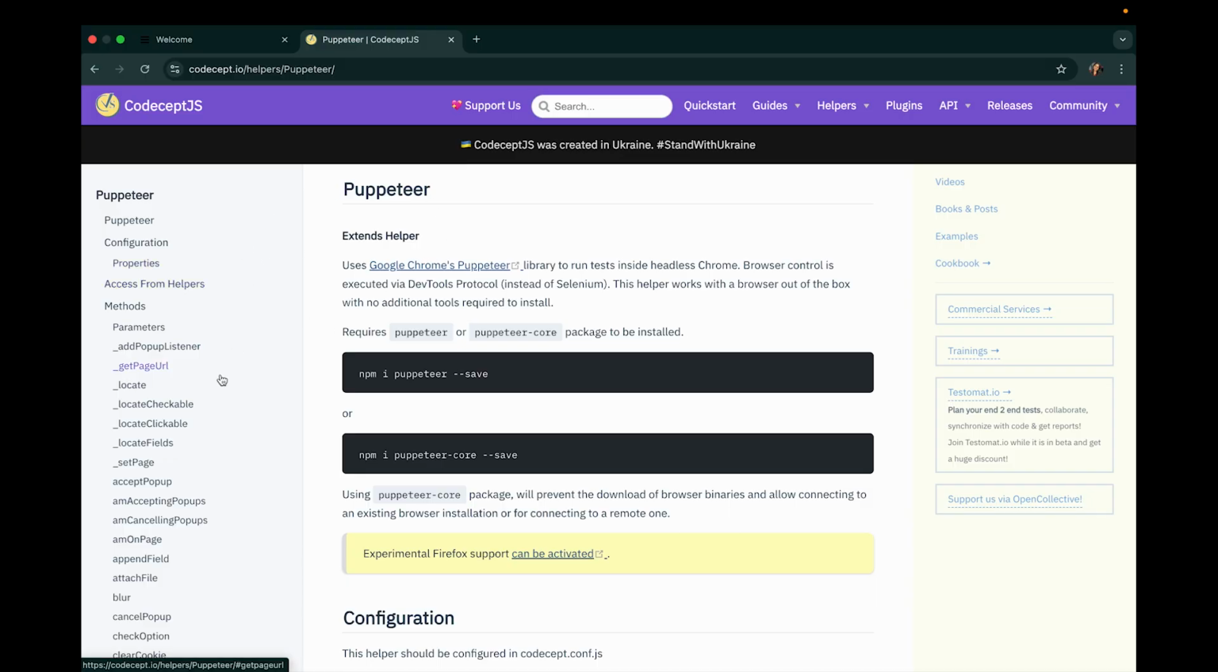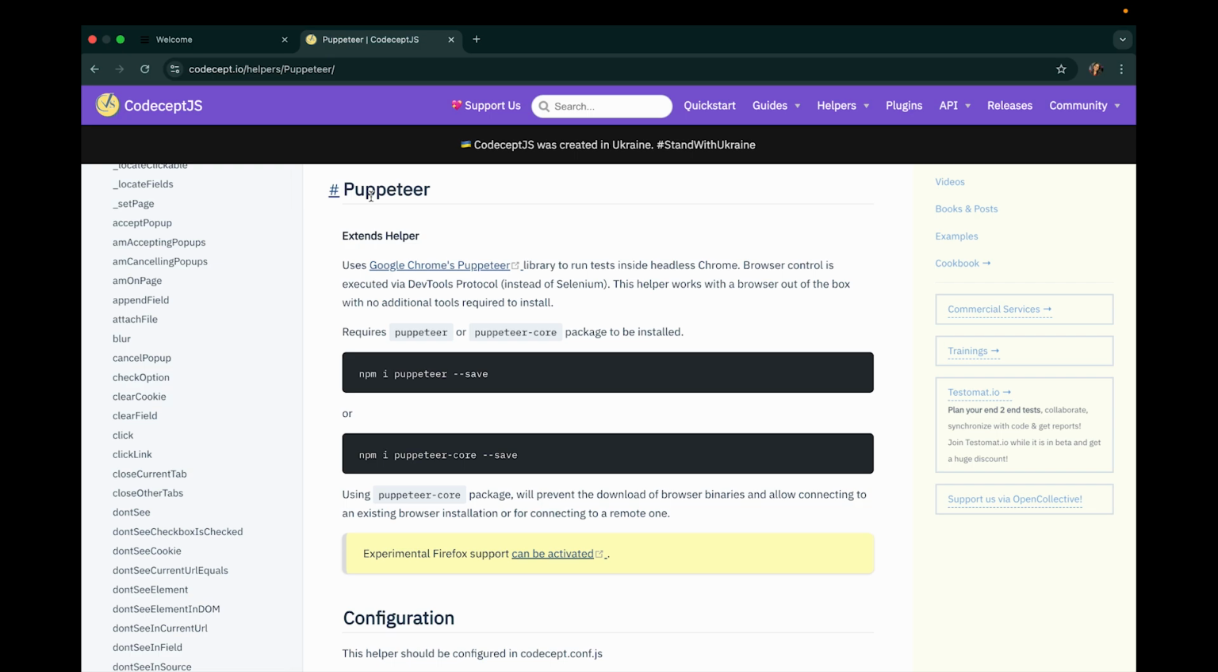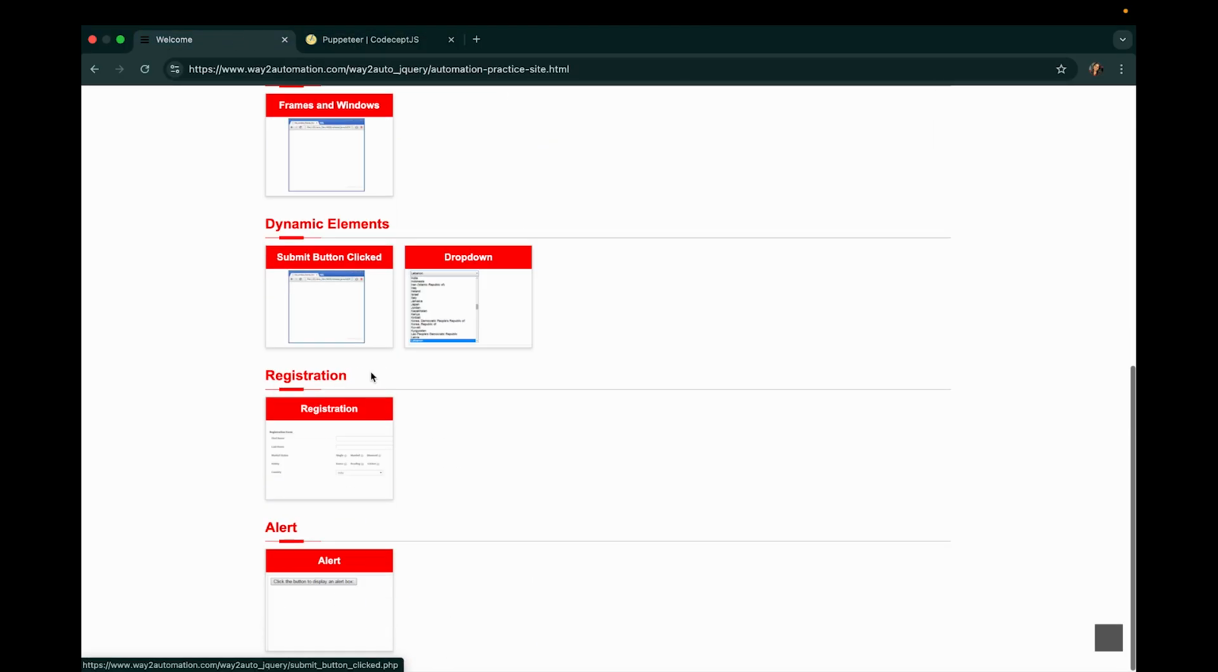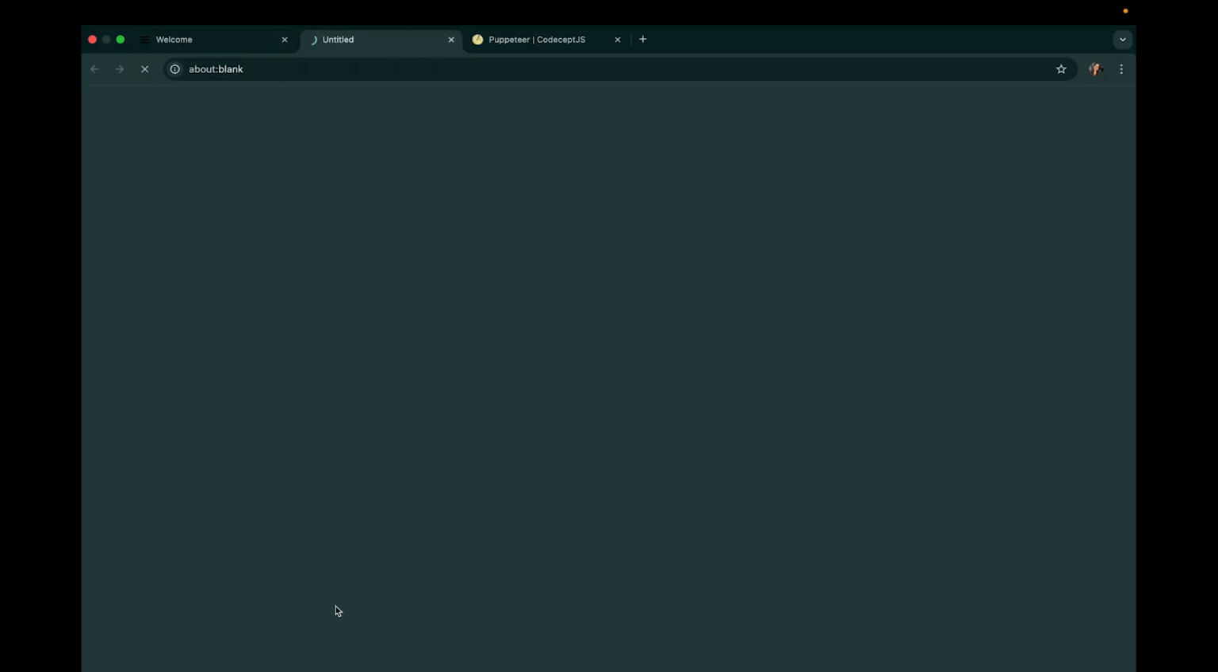Okay, so in this video I am going to work on the Puppeteer, so that's why I have landed on the Puppeteer page. So here you can see all the built-in functions that they have provided support for. Okay, now let me show you the testing website I am going to work on today. So here on clicking the alert, here if you see